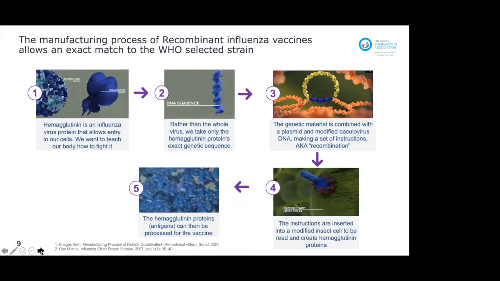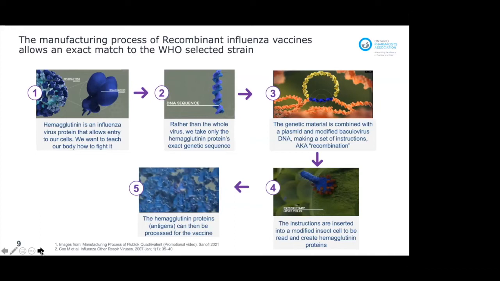So by looking at the whole virus, and then the specific key, the hemagglutinin, and looking at the exact genetic sequence or the DNA of that in the manufacturing process, we're trying to be as specific as possible to ensure that the vaccine primes our body's immune system to fight against the appropriate virus. So in step 2, we recognize that specific section of the genetic sequence to be able to then take that